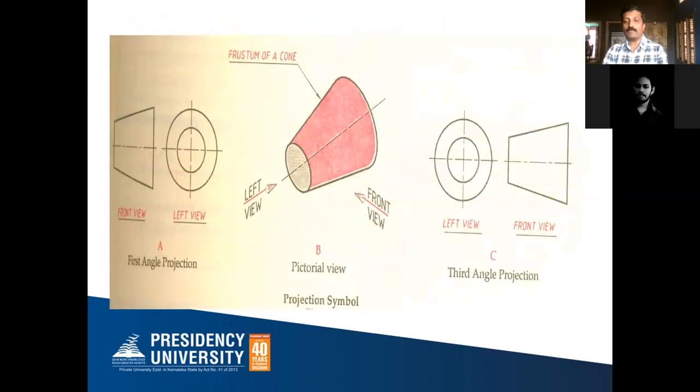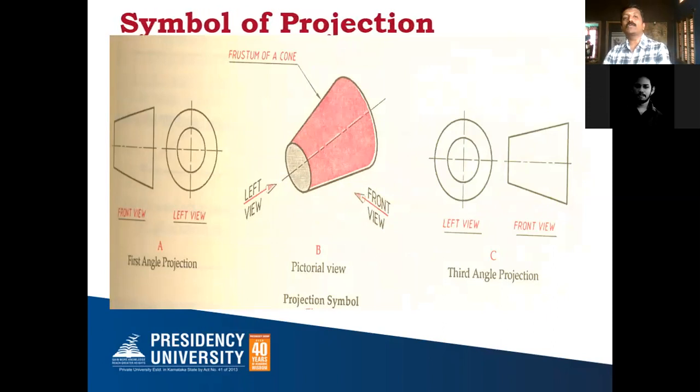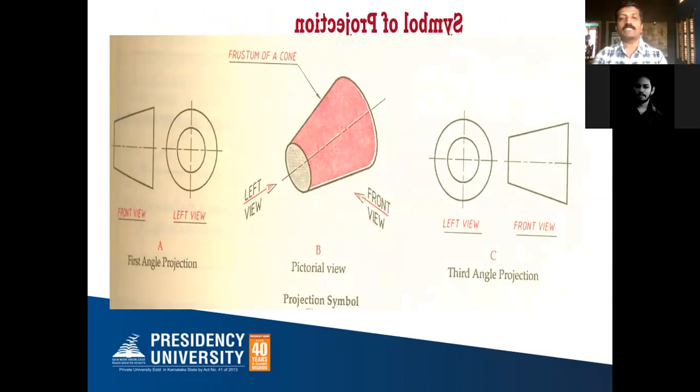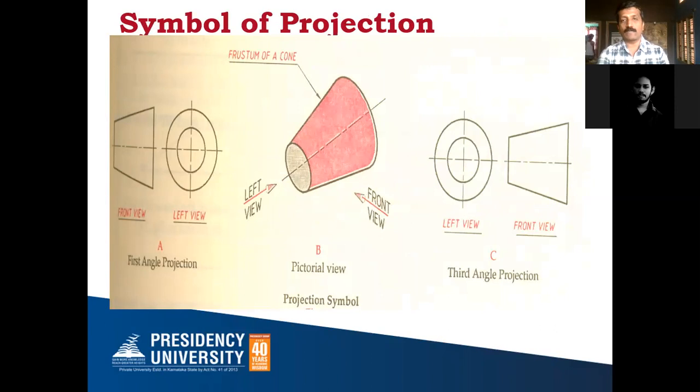So next, let me give you an example of how to identify which angle of projection system I'm using in my drawing. Are you remembering it from last class? I have shown you the layout of the drawing sheet. The title block I have also shown, where the symbol of the projection is. By looking at the symbol of projection only, I can get the information: whatever drawing is drawn in the drawing sheet, whether it is first angle projection system or third angle projection system. For example, frustum of a cone.